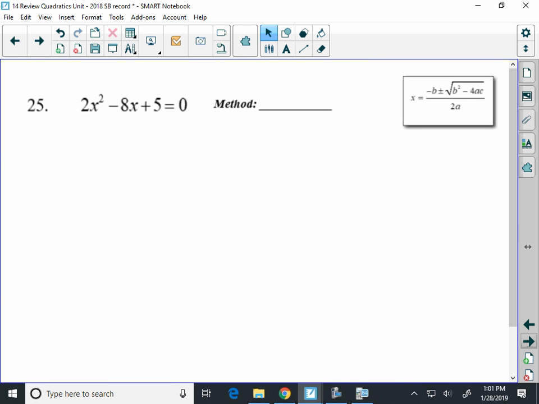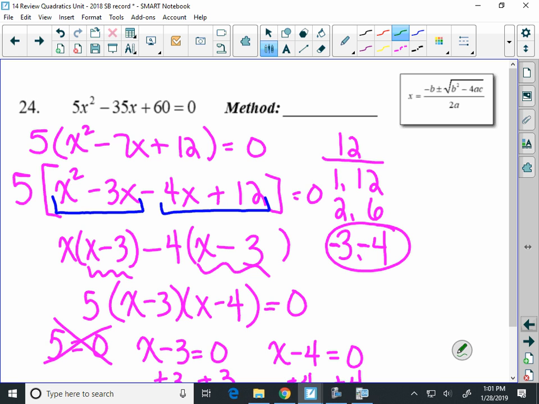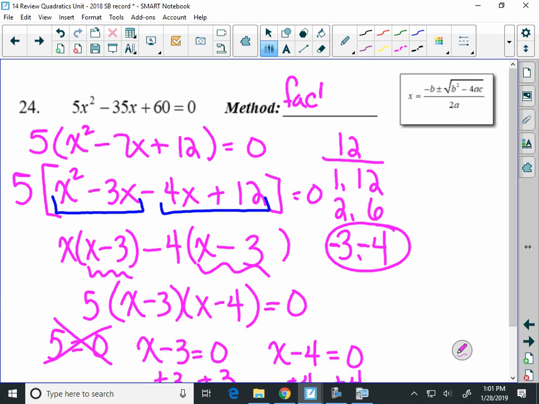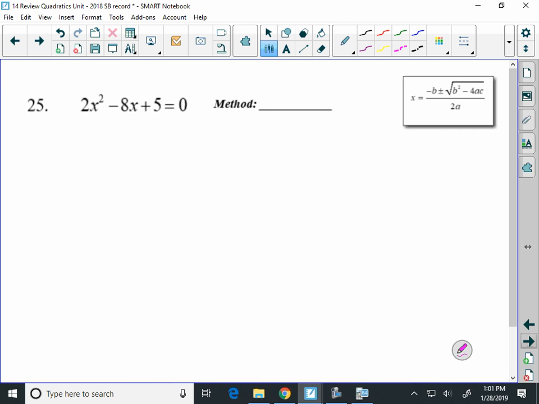On the last problem there, I hesitated. Should we factor? Should we use the quadratic formula? So why don't I use the quadratic formula on this problem here? And by the way, as I flip back here, that means that what I just did on this one is I did the factoring. Again, you could have used the quadratic formula. I just think it might have been a little bit quicker if I did. But the quadratic formula